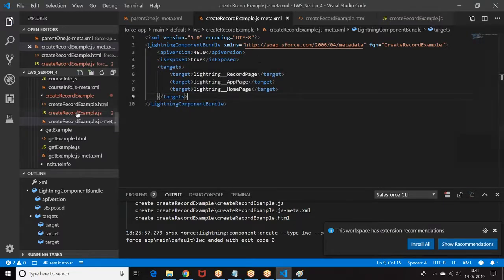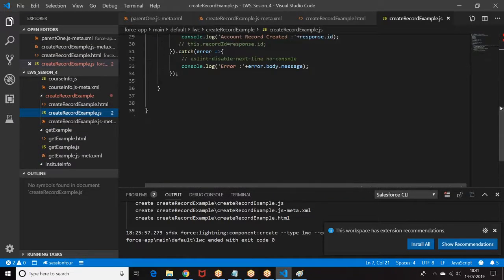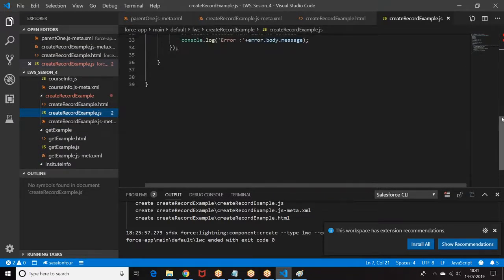Save it. What was the issue in this case? Let me cross check. This extra line we're getting.